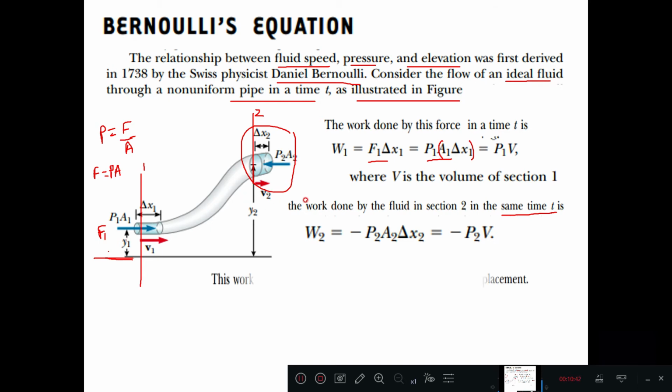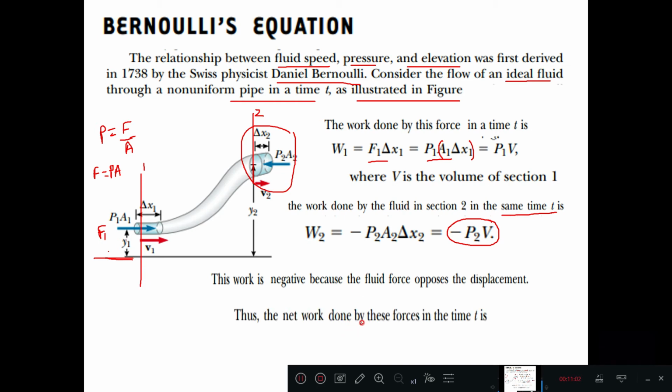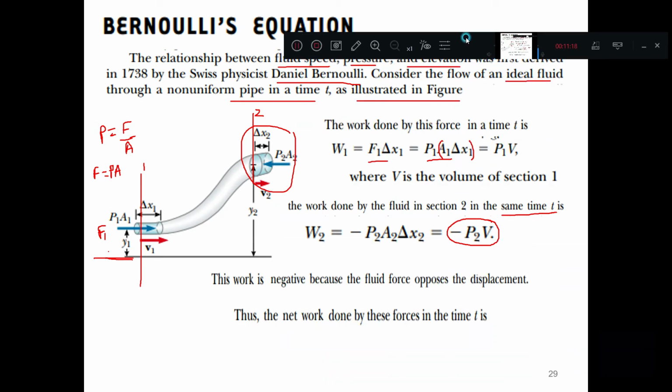Next, this work is negative. I have taken this work as negative because the fluid force opposes the displacement at this position. Thus the net work done by these forces in the time t is given as follows. Here we are applying a force in this direction, and opposite to that one more force is acting. Then the net force acting on this is given as